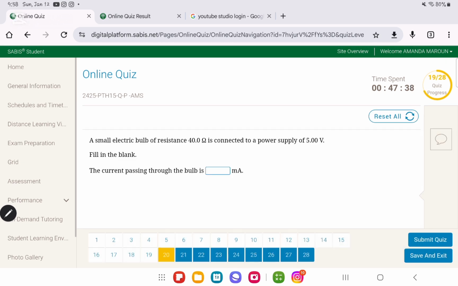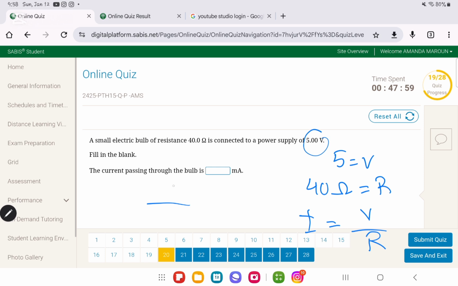A small electric bulb of resistance 40 ohm is connected to a power supply of 5 volts. They need the current passing through the bulb. So 5 volts, this is the V. 40 ohm, this is the resistance. We need to find the current I. Very simply, the current is equal to the voltage divided by the resistance. So 5 divided by 40, which is then on the calculator